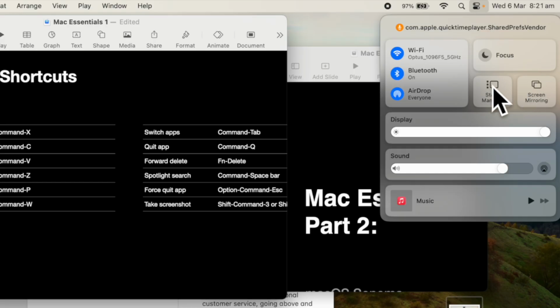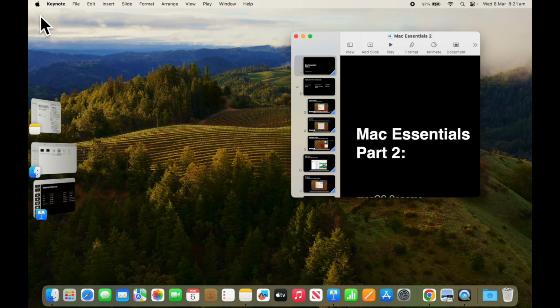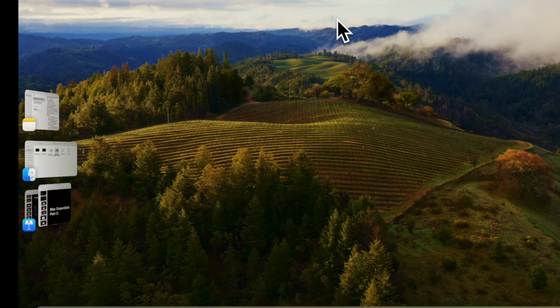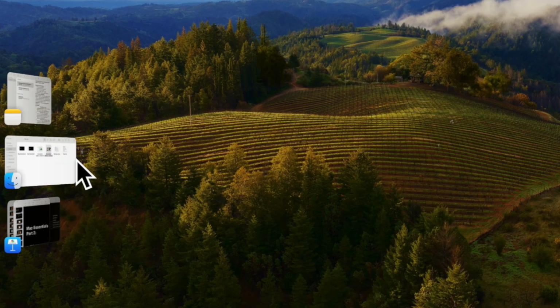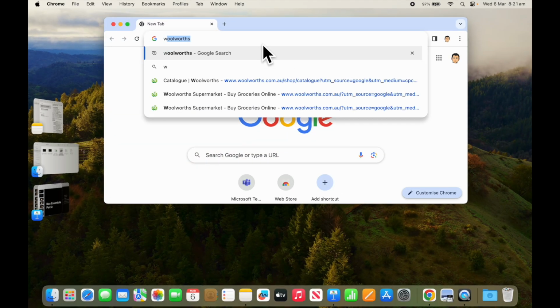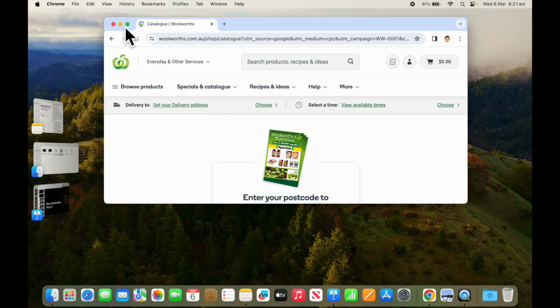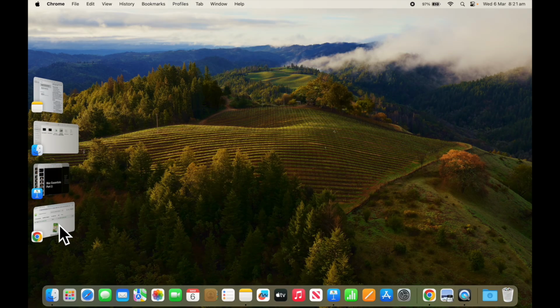and I turn on Stage Manager, you'll notice that when I minimize these, it now goes to the left-hand side in little stacks. For example, all my keynotes are going to sit there, all my documents, my files are going to go there. If I open up Google Chrome and I do a little search on Woolworths, and then if I minimize that, you'll see that it goes to a web browsing stack on the left-hand side